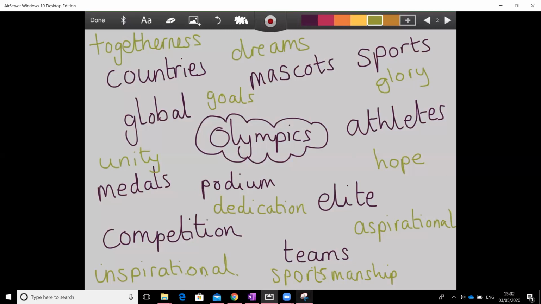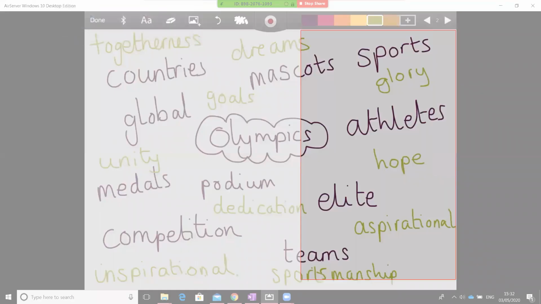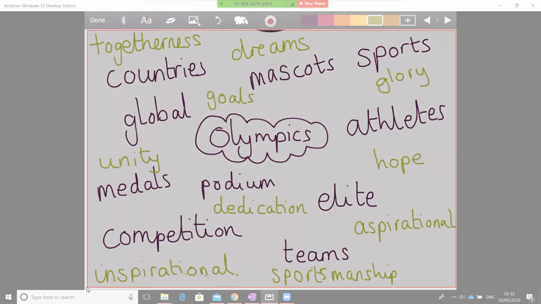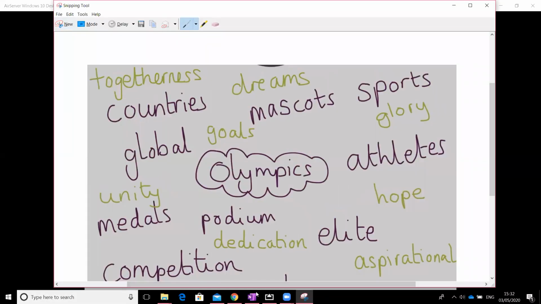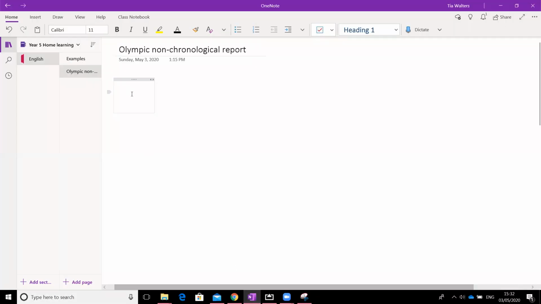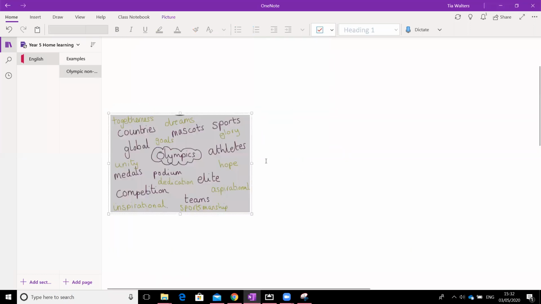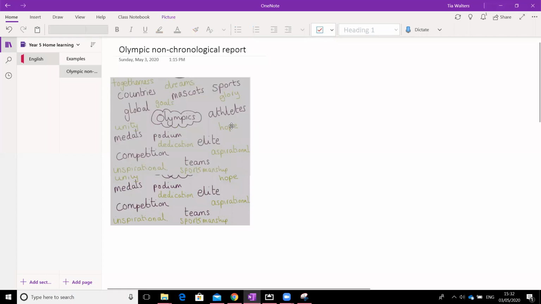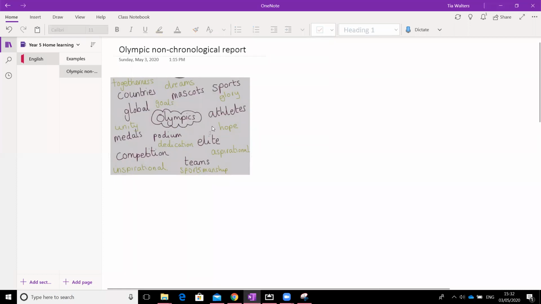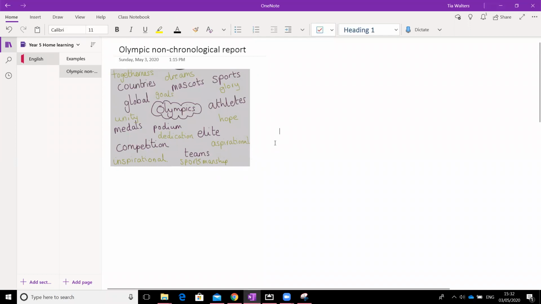Now what I'm going to do is I'm just going to cut that and put that on there because I'm going to use that to help me with my planning later on. Let's move that up and there we go. If you want to send me any of your word banks at any point, please feel free. It'd be lovely to see what words you have from yours. Now,